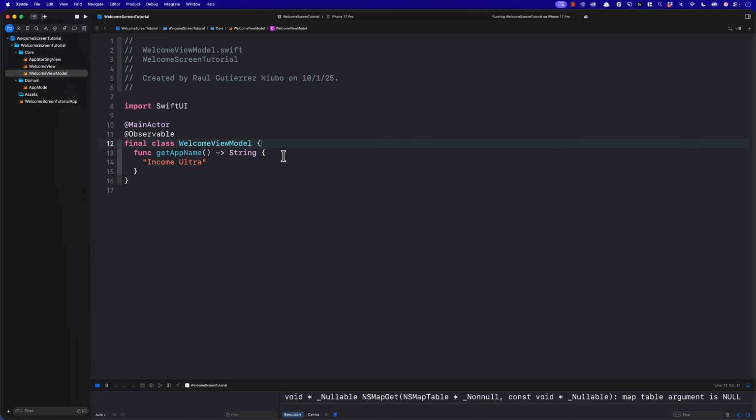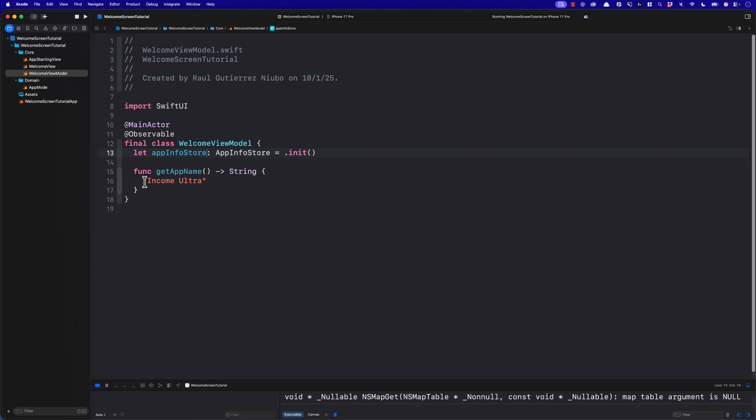Even better, and we're not going to do it in this video because that goes out of the scope of the video, we should have some sort of service, or what I call a store. I usually have an app info store or an app info service. So you will have something like this: let app info equals, and then maybe you initialize it, something like that. And then once you have, let me just say here, app info store